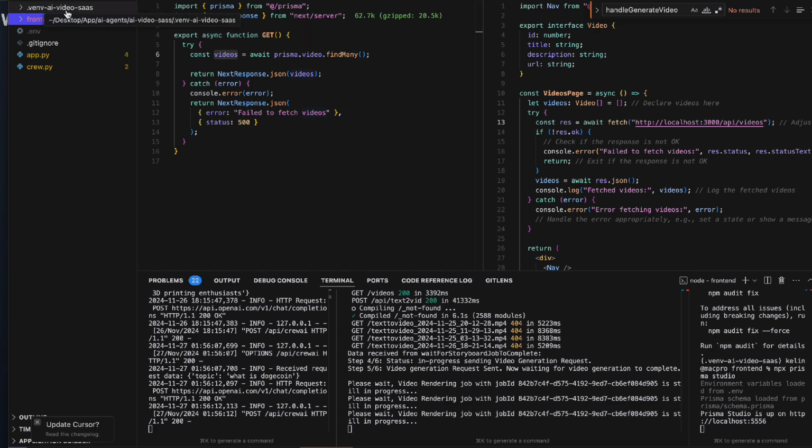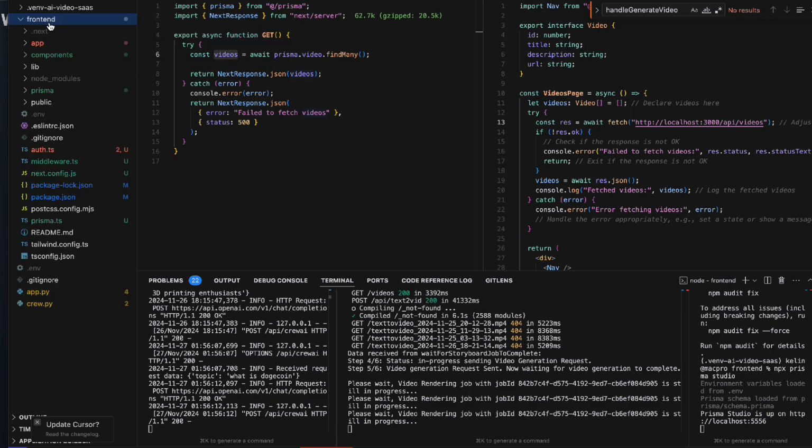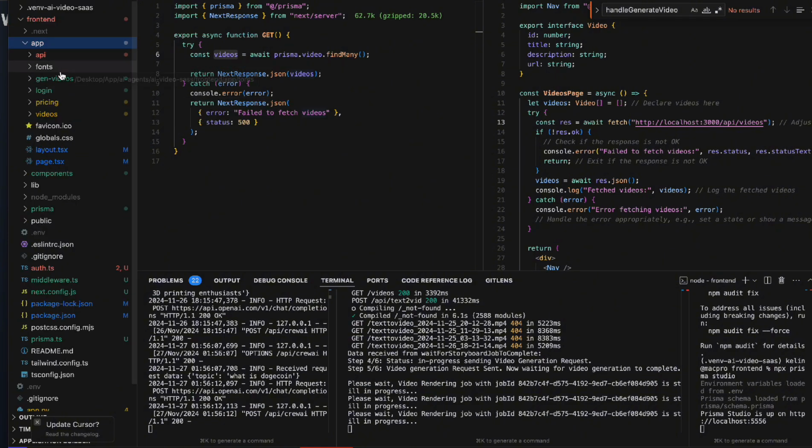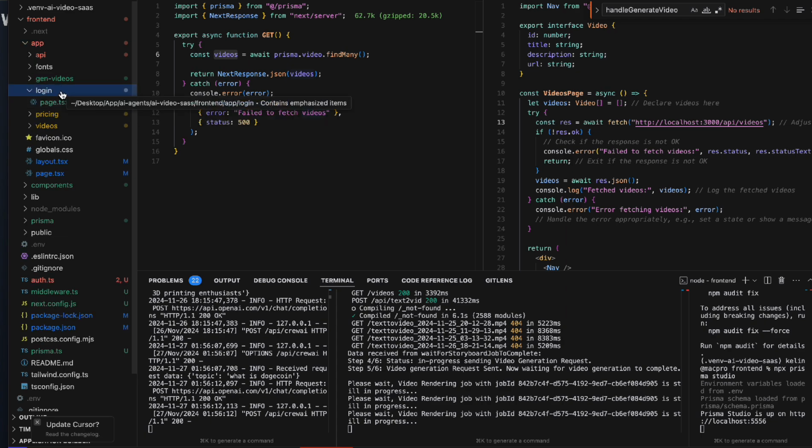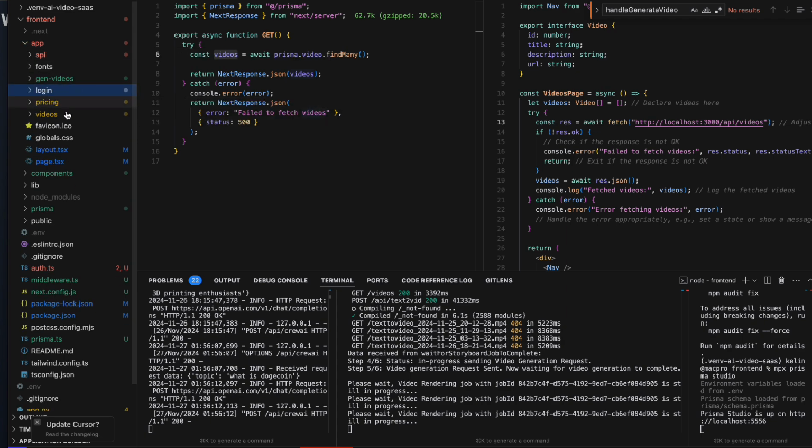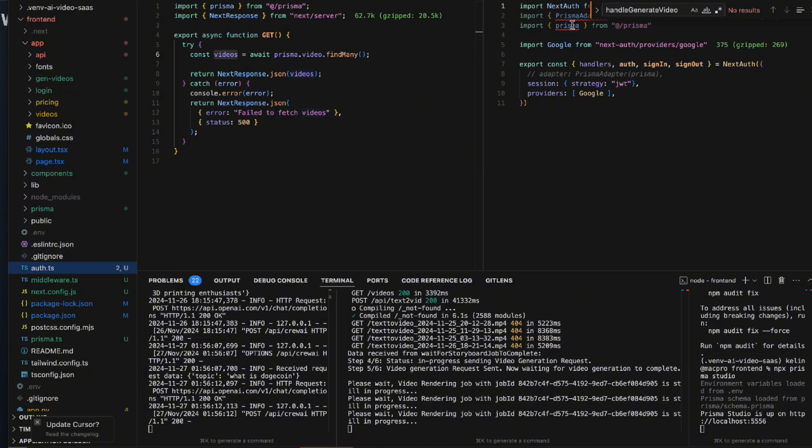Yeah, don't worry about the virtual environment right here, and really just like one, two, three projects, right? Crew AI project. This is a Flask API, right? And this is our front end Next.js app. Inside of the app, we are integrated with the Prisma, right? And then the login, it's the Google login, right? Google login setup. Did I introduce the Google login setup? So yes, auth, from auth we have a Google. We just use the NextAuth provider Google, right? As I explained it,